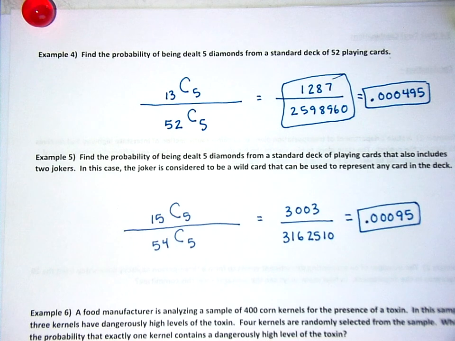I got 0.000949. Everybody feeling okay about this? Yeah. Okay. All right, a food manufacturer is analyzing a sample of 400 corn kernels for the presence of a